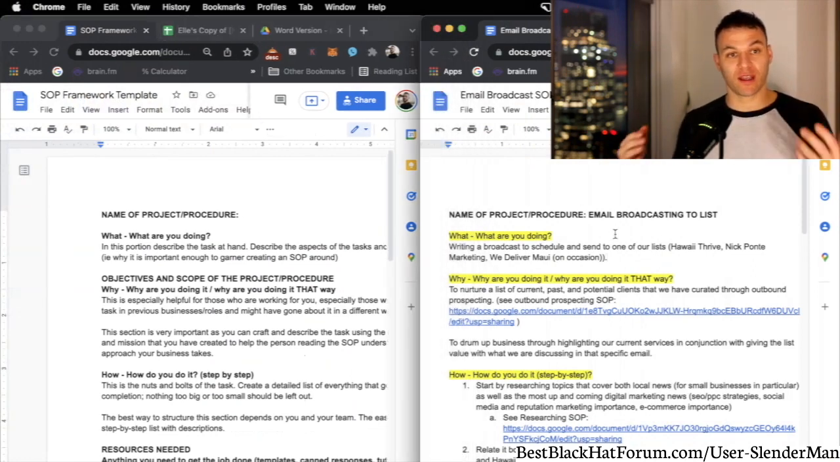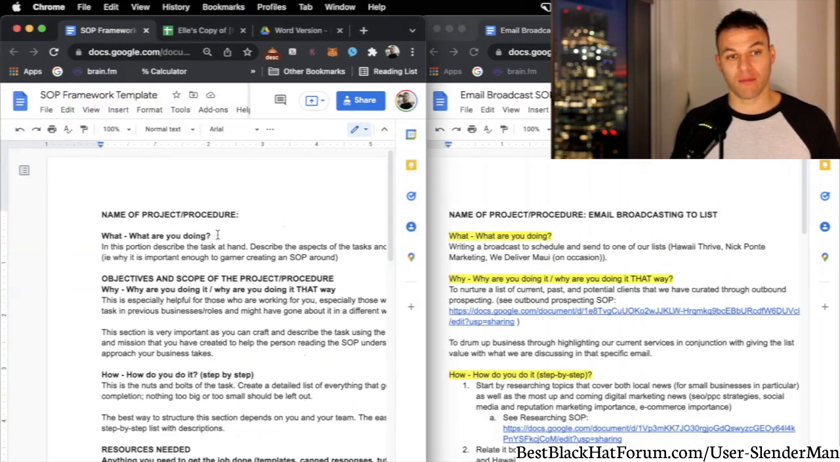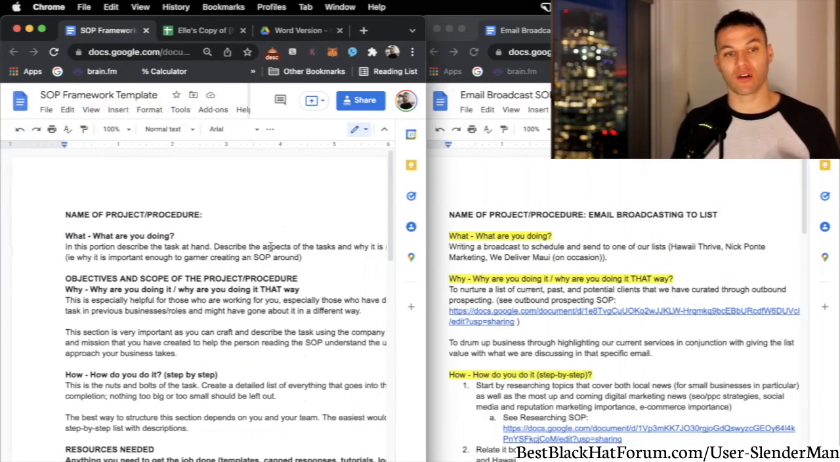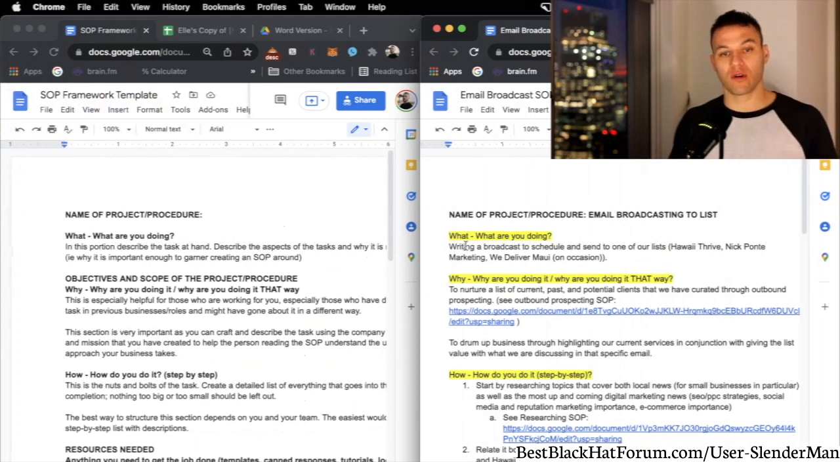Because if you look at Elle's workload tracker, one of the things that she was doing that we need help with is sending emails to our AGM list or to our past client list. So you can see the what section, where in the master template, the what section says, in this portion, describe the task at hand, describe the aspects of the task and why it even calls for creating an SOP. If you look at the actual done SOP for email broadcasting, it says, what are we doing? We're writing a broadcast to schedule and send to one of our lists, either Hawaii Thrive, Nick Ponte Marketing, or